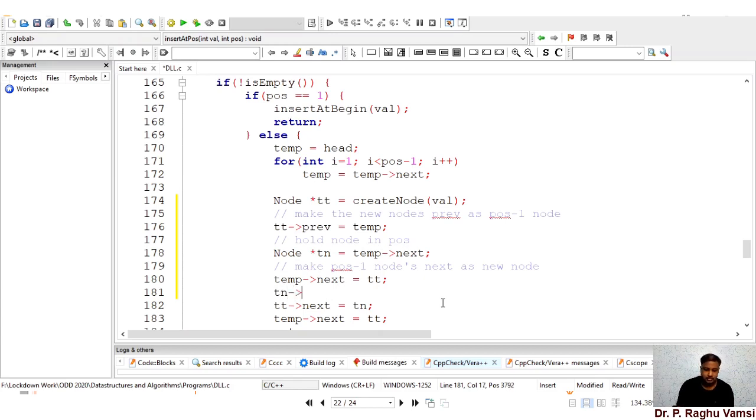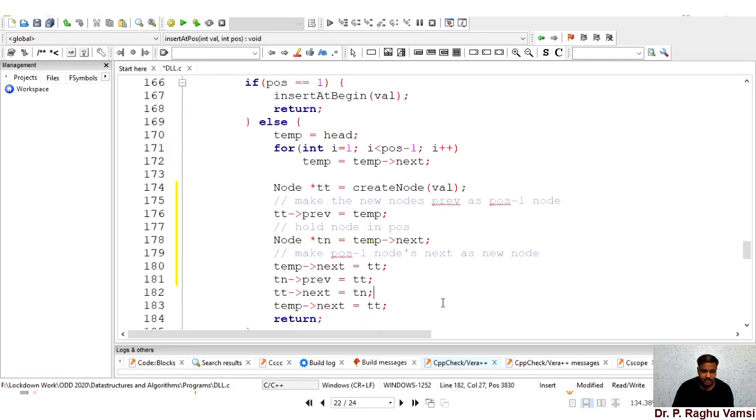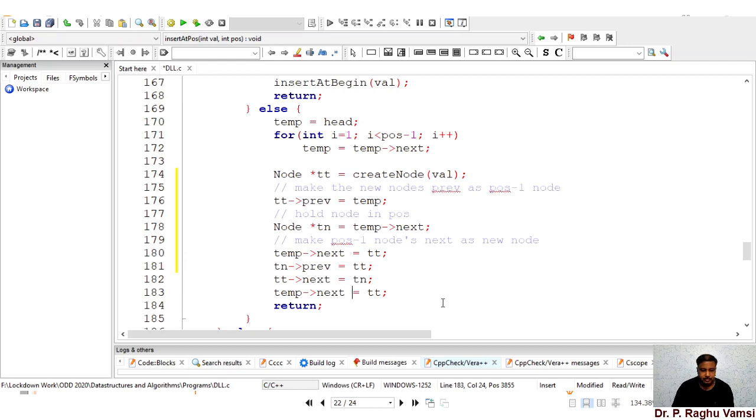So tn previous is equal to tt. Next, tt next, the newly created node's next, should point to tn. Then temp next is equal to tt.